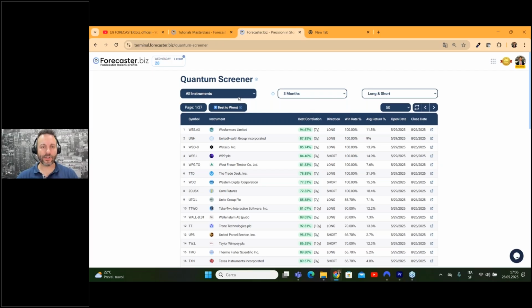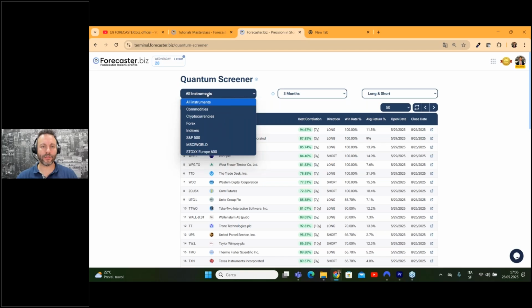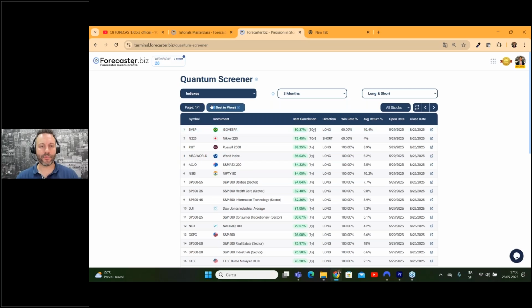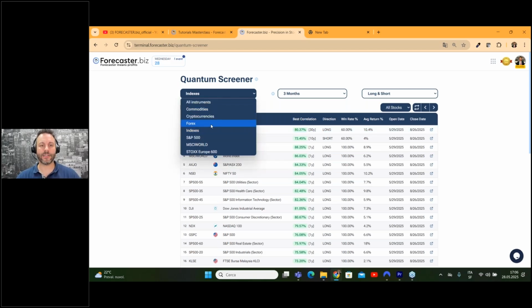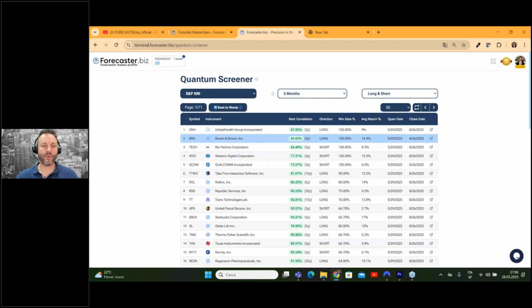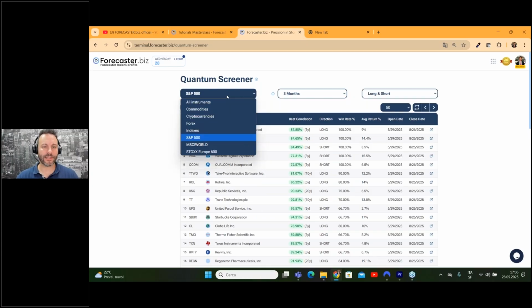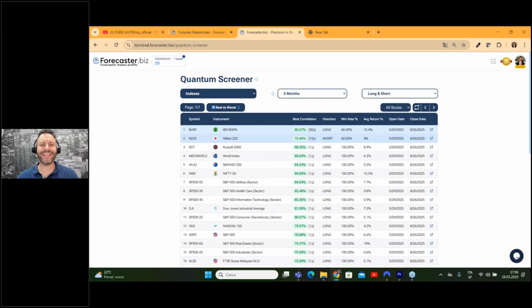Okay, so very simple. How does it work? You have to go here. You can search for a specific asset class. For example, if you are looking for indexes, very simple, you can choose indexes. If you would like to trade and invest on the S&P 500 stocks, you can go here on the S&P 500, and that's it. Okay, let's go for the indexes right now